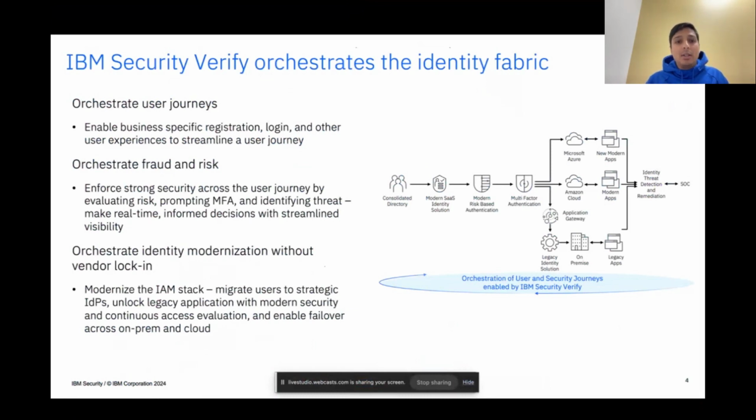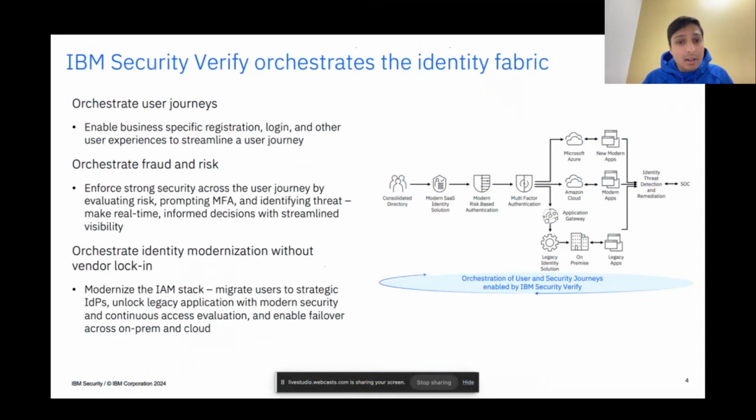And then the last one is actually an area where we look to differentiate. And this is being able to use the orchestration capability across other identity providers and stacks to ultimately become that layer to streamline access management and governance capabilities across the entire enterprise stack. So this could mean your users live in a different IDP, but Verify can orchestrate risk when set up and enforced using the Verify SaaS platform. This could be supporting legacy applications that may point to a different IDP, but still use Verify to orchestrate, again,